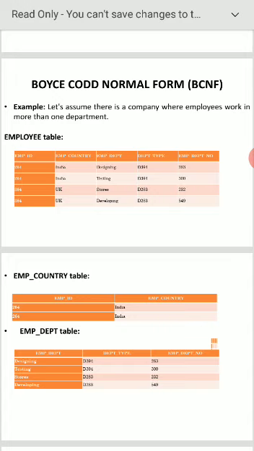Here I have taken only the employee department type and employee department number: designing D394, 283, testing D394, 300, stores D283, 232, developing D283, then 549.